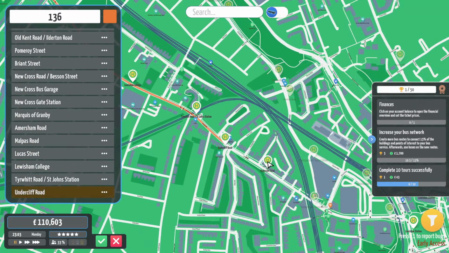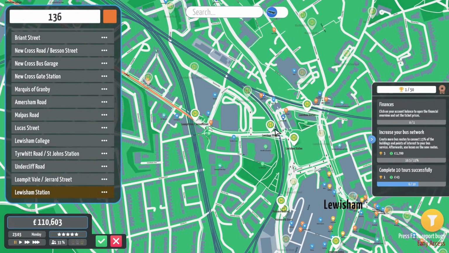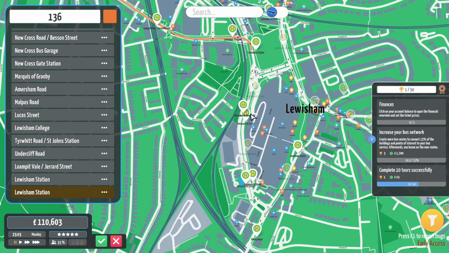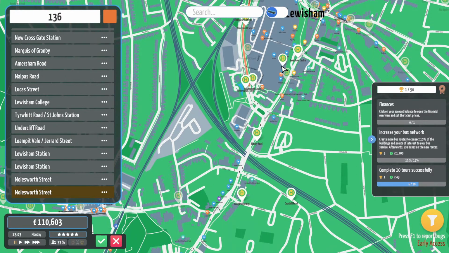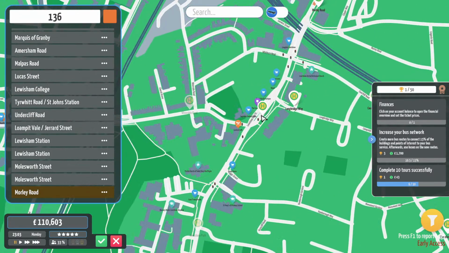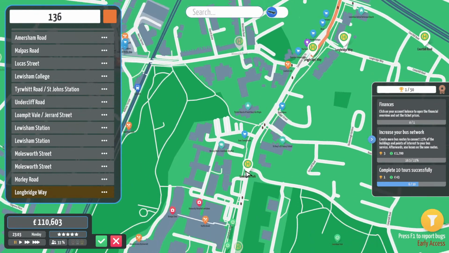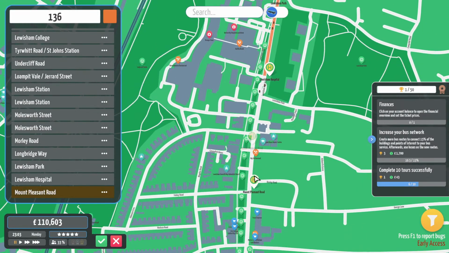I actually remember these stop names, they do ring some bells in my head. Via Lewisham Station. Pretend this is serving a shopping centre, which in reality it technically isn't, but ignore that, because buses for some reason can't be routed alongside this road. Morley Road, and it goes past Lewisham Fire Station, which is here, which is just named Longbridge Road, Longbridge Way even, for whatever reason. Lewisham Park, Lewisham Hospital, Mount Pleasant Roads,